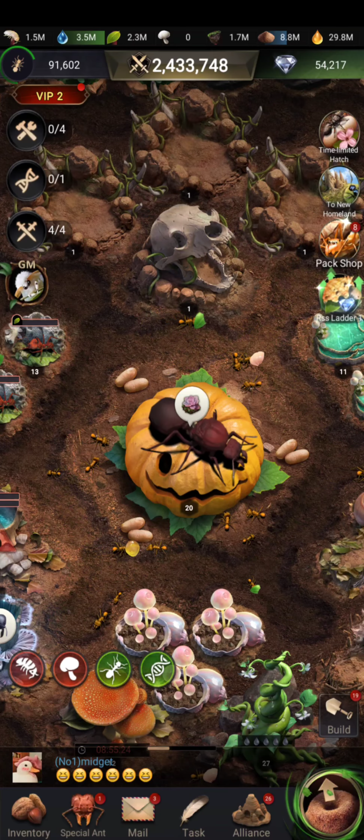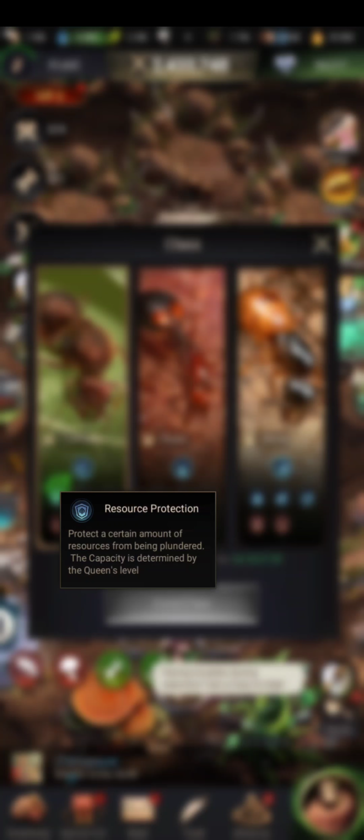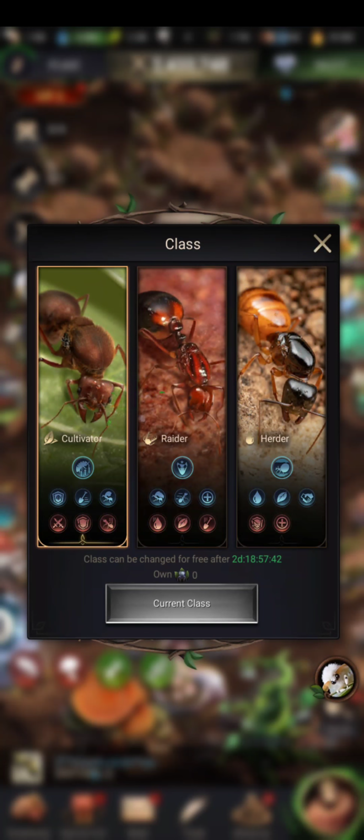Now, as you can see, the class of my farm is cultivator, because, let me show you. It has resources protection. It also has an efficiency when producing resources, and here of course it has a gathering speed and load march. So that's it. And guys, since there is a chance for you to change class every 3 days, if you want to loot more resources from your farms, I recommend you switch to herder,